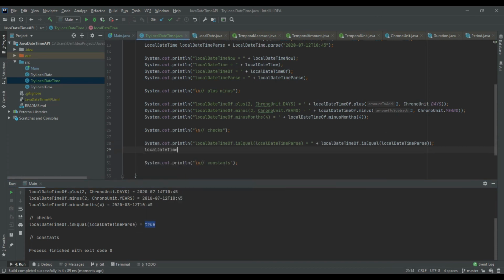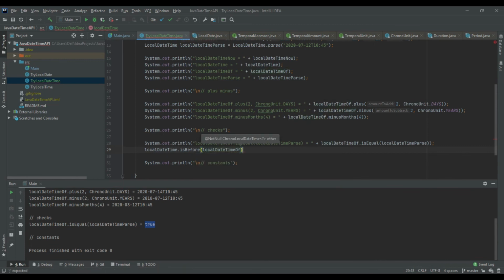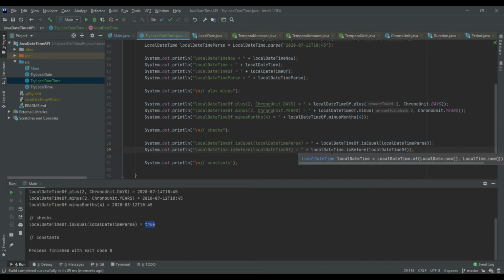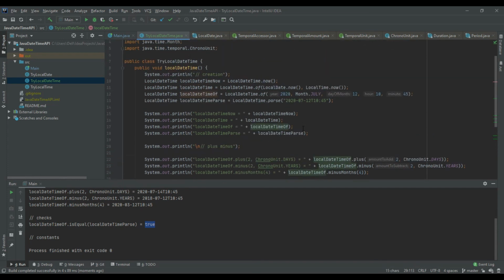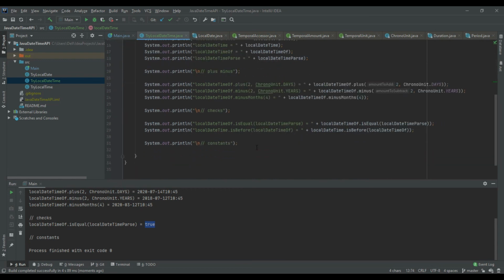Next, local date time dot is before. I'll check whether the local date time is before the local date time off. Okay, local date time is the current time, which is August 9th 11:31 p.m. and local date time off is in July, so local date time is not before local date time off, so this should be false, and it is false.